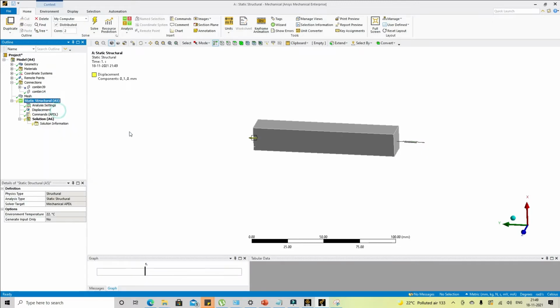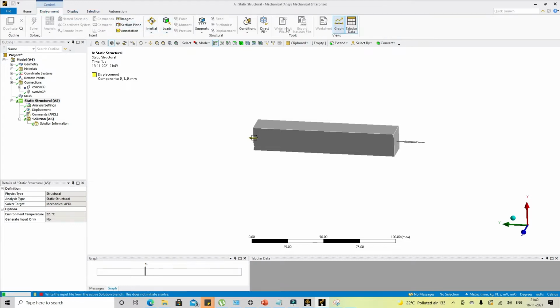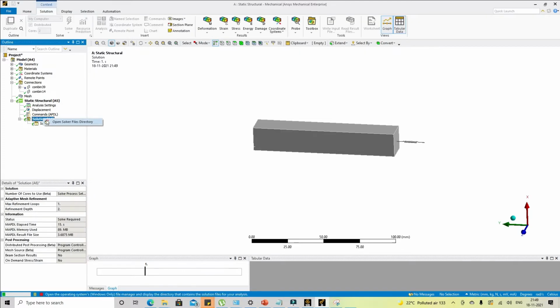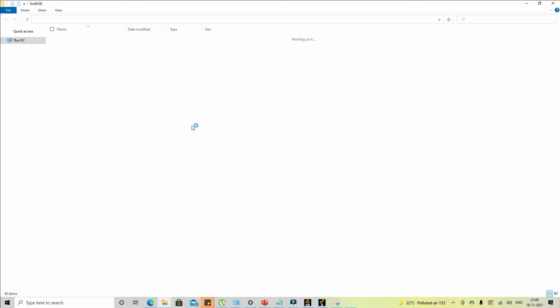So if we run the analysis to check which element is getting created, one thing is that you can go to the environment, write the input file, and check the associated dsdat file, which gets created in the background, to see which element is getting created. Or I can open the solver directly for you.